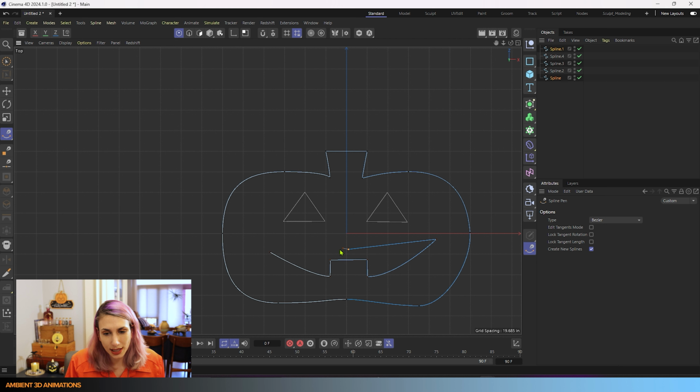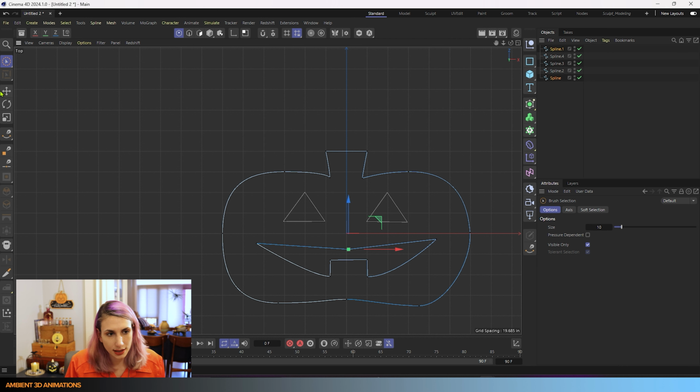If you click on the point here, you'll be continuing to draw, and once you see this O symbol, you'll know that you're going to be making a closed loop and it's connecting the spline. So I'll click right there, and now we have that there. Can move this on up.